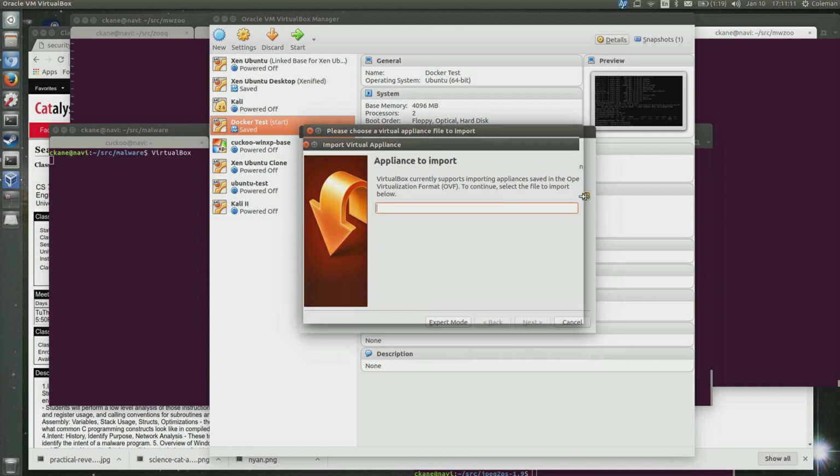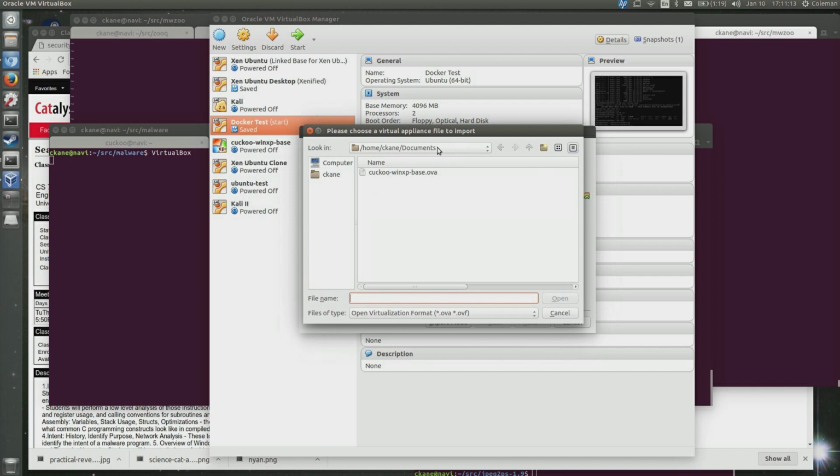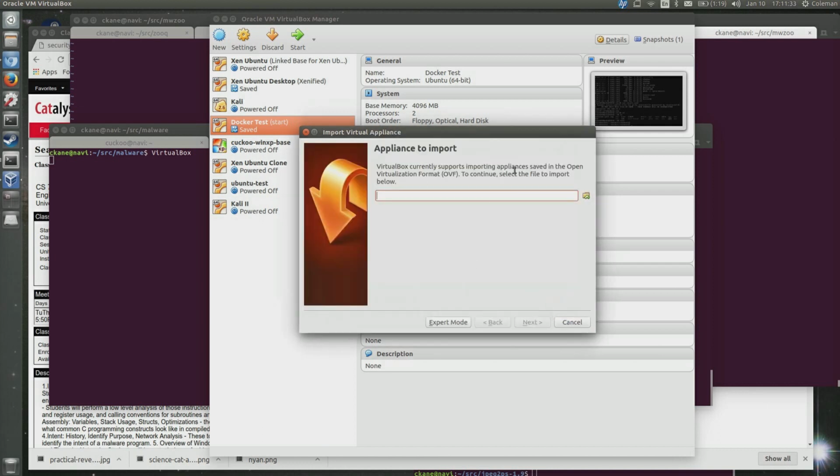For instance, I've got a Windows XP image that I have exported as an OVA file, so I can give it to anyone, and all they have to do is a single-click import using this.